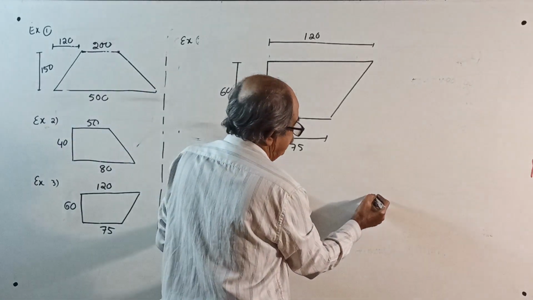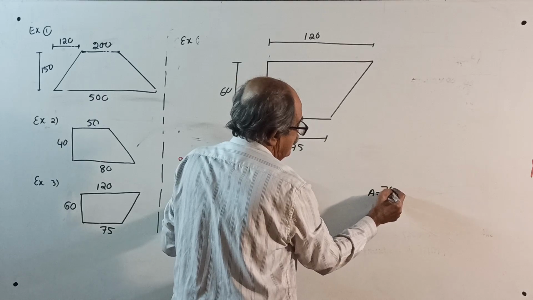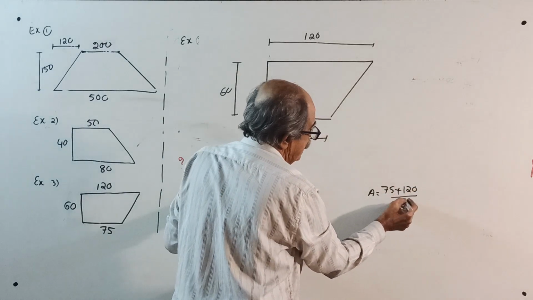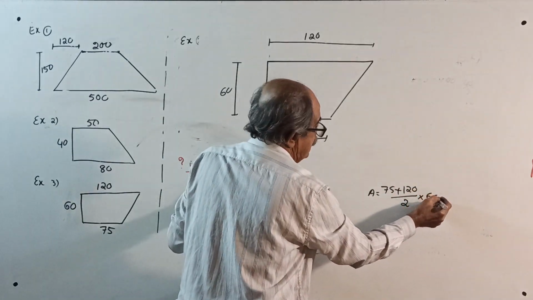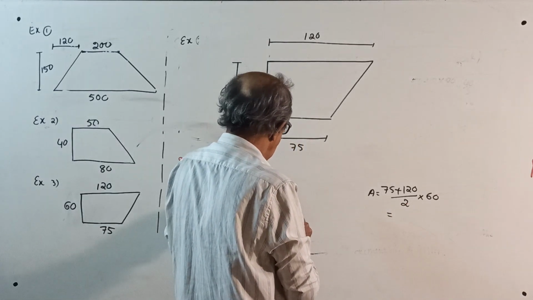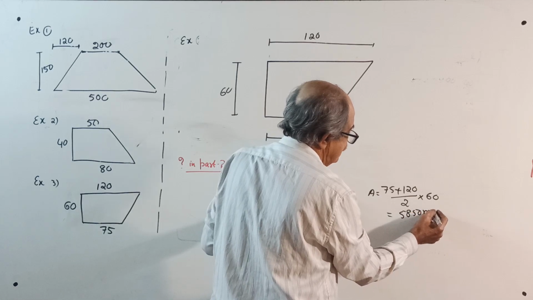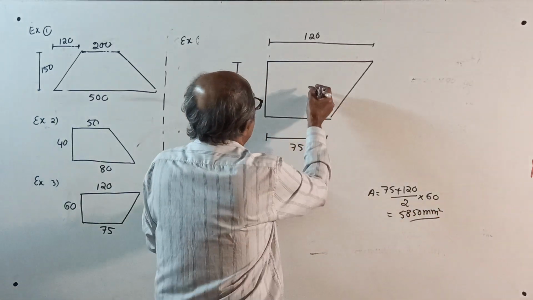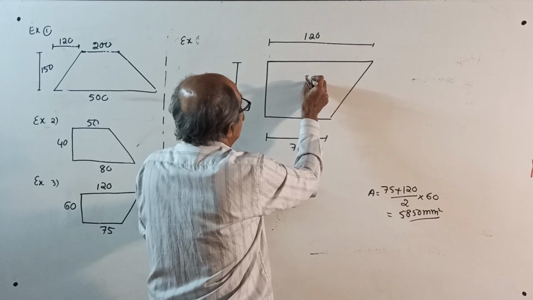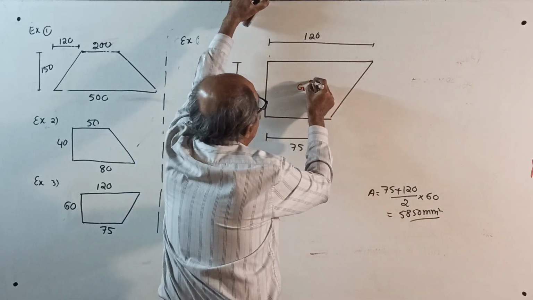Here, I will first do area. Area equal to 75 plus 120. See, I told you, which is smaller, which is bigger does not matter. Divide by 2 into 60. 75 plus 120 divided by 2 into 60 is 5850. Area is just a byproduct. And now, centroid, center here, little this side. I am expecting it to come here. Okay, don't worry. G. See, these are the 2 parallel sides. Therefore,